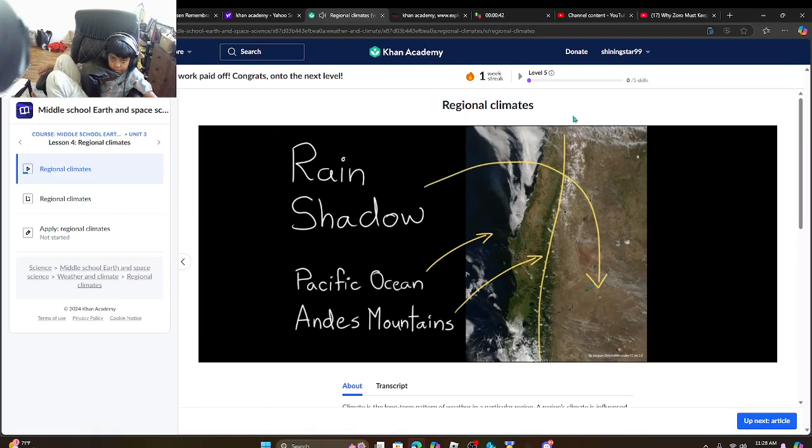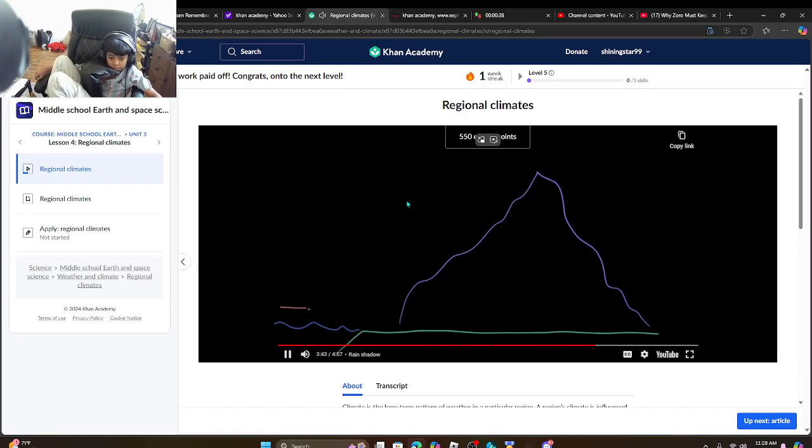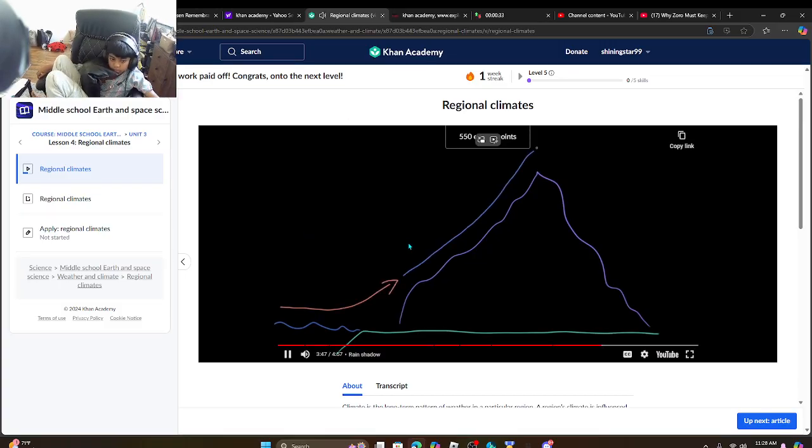What causes such a huge change? Well, when warm, moisture-rich air from the ocean meets the mountain, it's forced upward. As it rises, the air expands and cools, causing the moisture to condense and fall as precipitation. Now the air is much drier, which allows it to change temperature much faster. As that dry air descends down the other side of the mountain, it compresses and quickly becomes warmer, which leads to increased